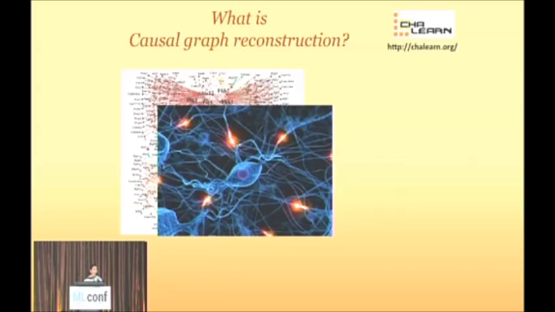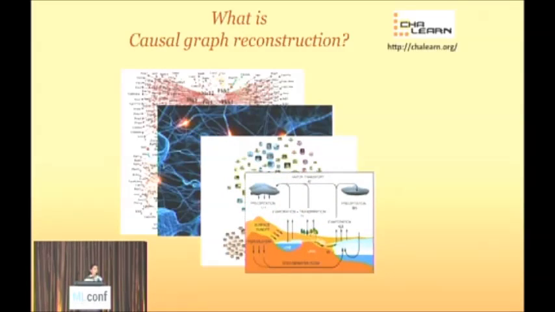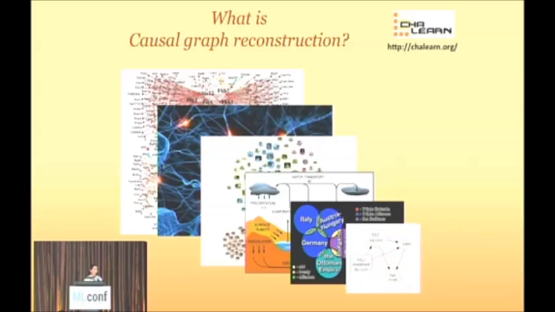So understanding how the brain functions requires models that don't just make predictions, but have some causal flavor to them. We have also other networks that are social networks. We have climate networks. We have networks between countries. So all of these networks